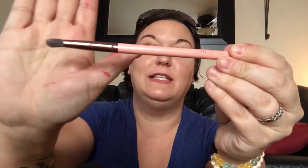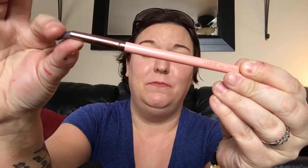And last but not least, I got a brush, which is actually, ooh, not what I was expecting. This is the Luxe II Brush, their 243 Precision Blending Brush. So you can see that. It's just a small, oh my God, I got makeup all over my hands. So that's actually,